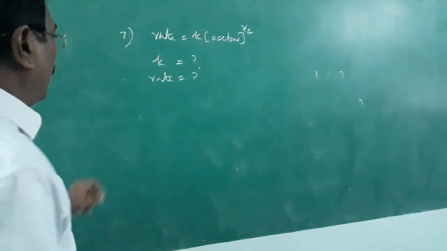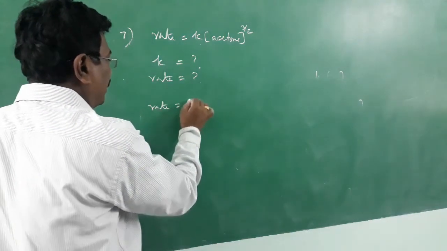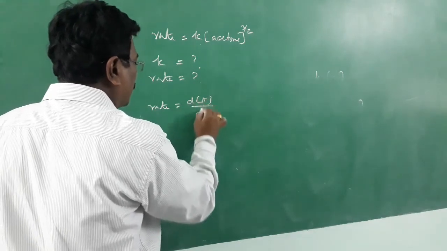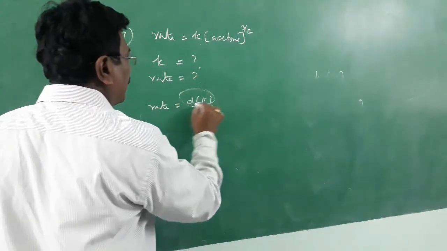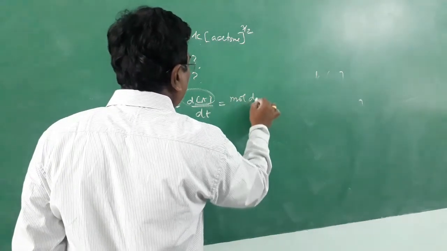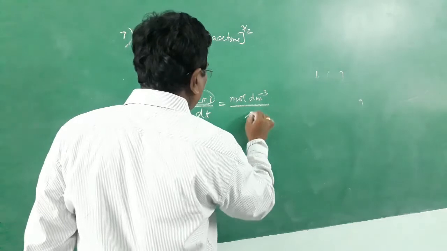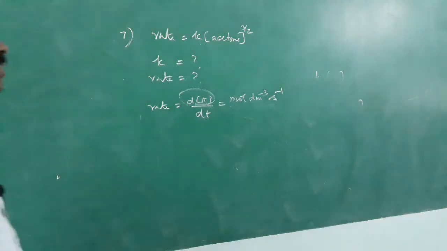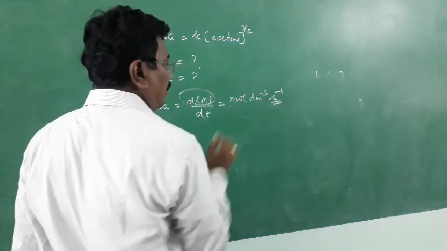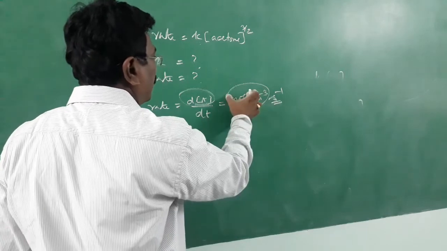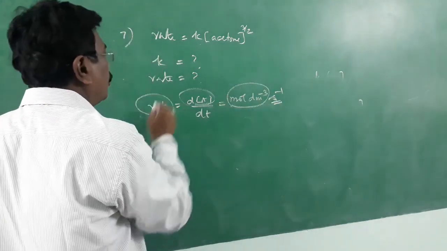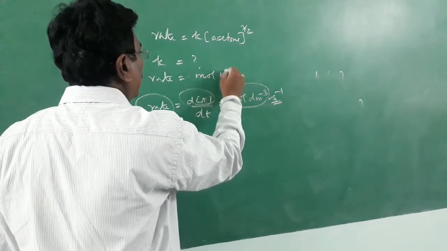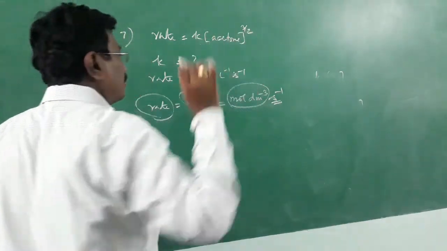Always, rate of a reaction is rate of change of concentration, dA by dt or dx by dt, whatever it may be. Change in concentration, mole per liter or mole per decimeter cube, divided by time interval, maybe second. So the unit will always be mole per liter per second, mole per decimeter cube per second, mole per liter per minute, mole per liter per hour, whatever it may be. Concentration unit divided by time unit, that is always the unit for rate. Likewise.